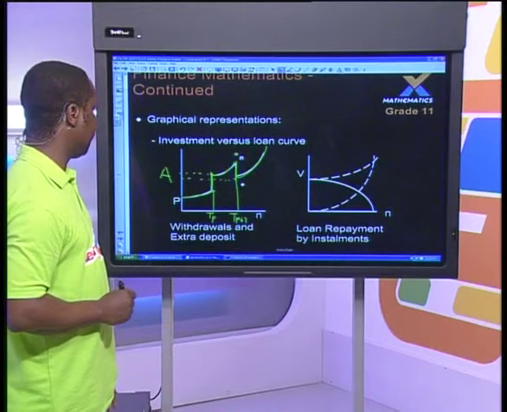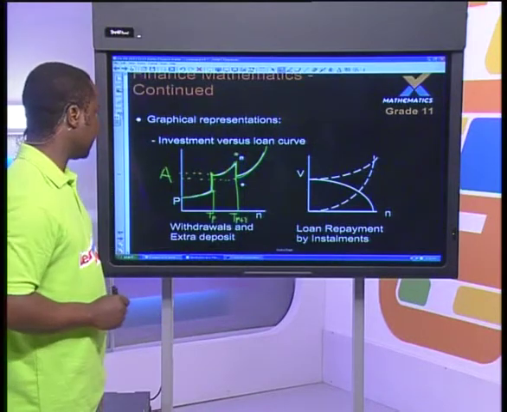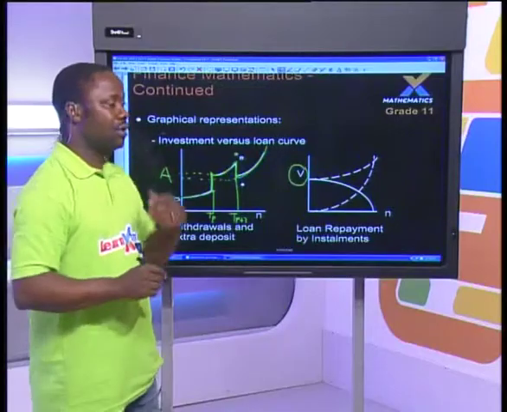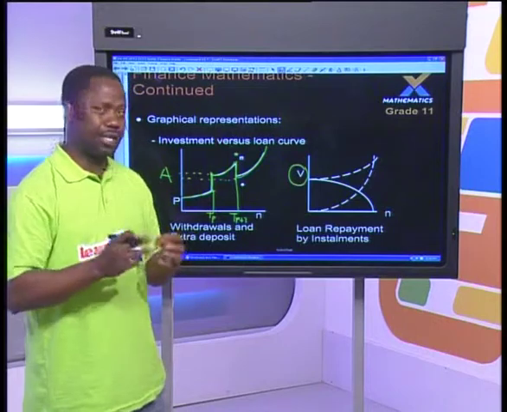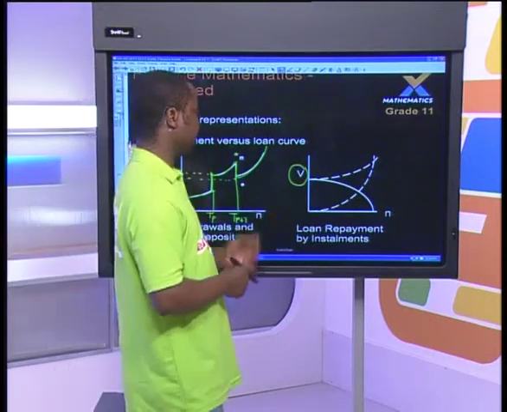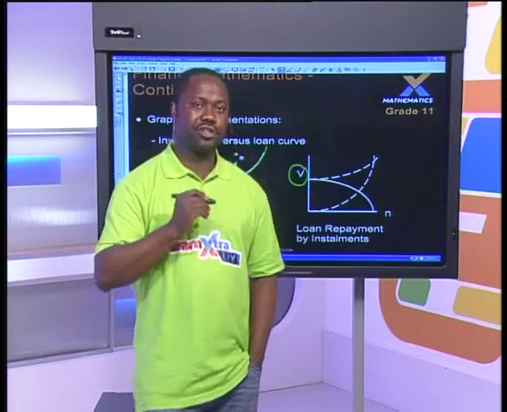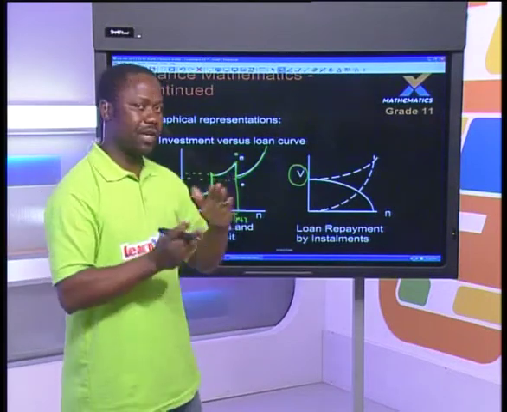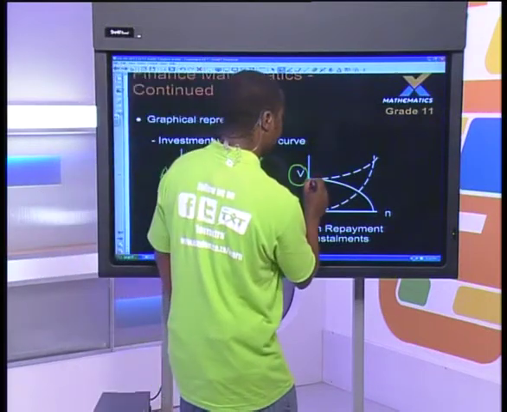And what you're having on the right-hand side is another illustration whereby you are repaying your loan. You had a lump sum given to you because you wanted to buy a house or you wanted to buy a car or some other big item. You didn't have all the cash at hand. Then the bank gave you that much. What will happen is, if you look at the loan amount itself, they will charge you interest. Look at it growing separately from your repayments. So treat your loan as growing from this point